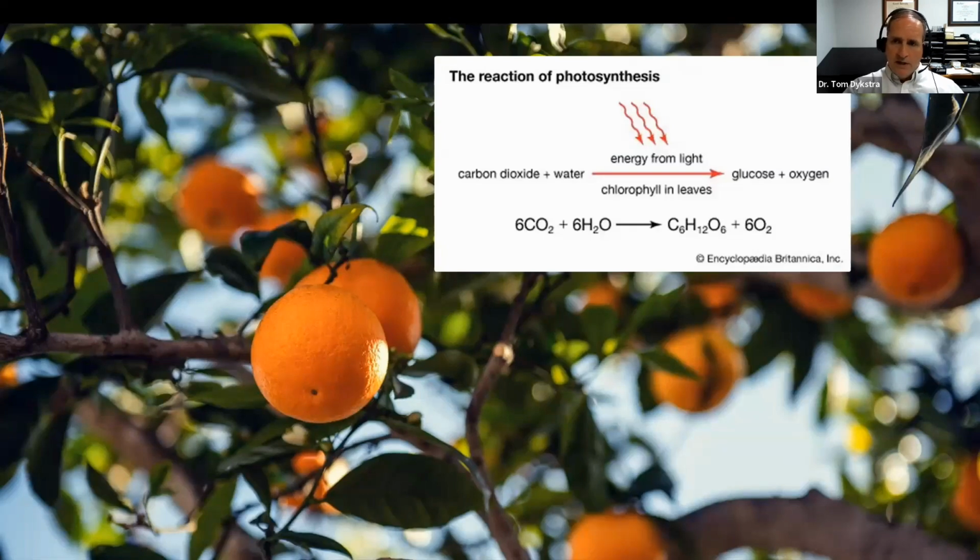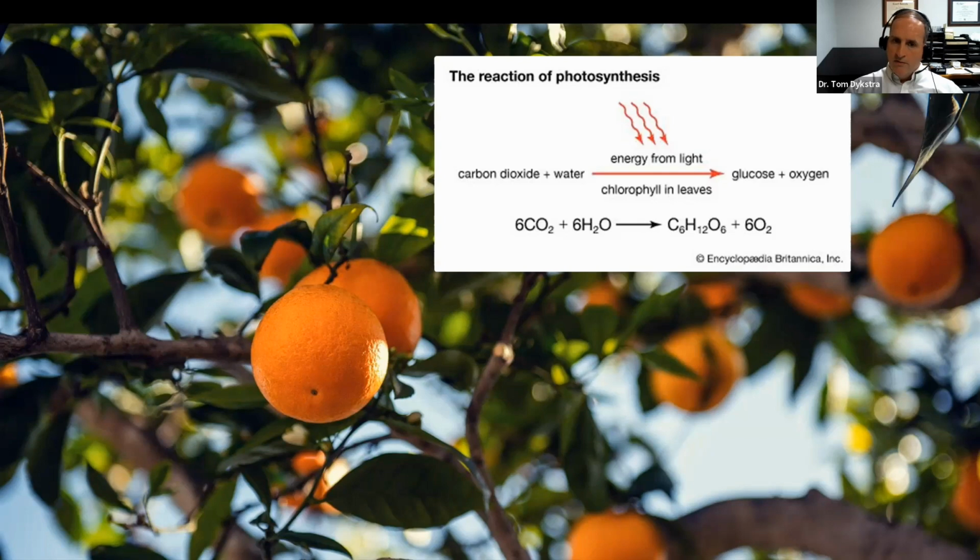So in plants, we have the very well-known phenomenon of photosynthesis. We know that the energy from light is absorbed by the chlorophyll, and there are various types of chlorophyll with various frequencies that each one of them will tune into, but all the chlorophyll are absorbing, for the most part, visible frequencies. And with the addition of carbon dioxide and water, 6 parts each of those, the plant, using the energy, will be able to produce a molecule of glucose, which is sugar. It'll also produce 6 oxygen molecules as well. But this is how all plants work.